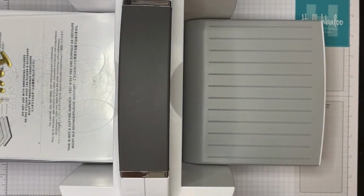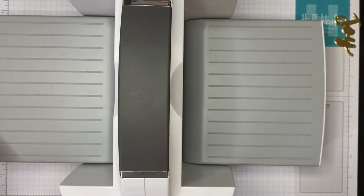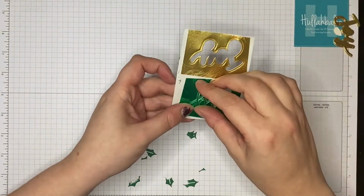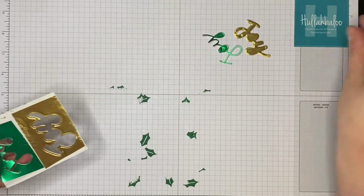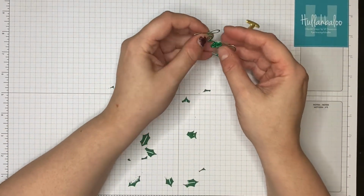Okay, so we'll take those off of there, pop my dies where I don't lose them. So as you can see, the joy is cut beautifully there. Pop these plates out of the way. And then I'm just going to be careful removing this joy as it's so thin. If I'm clumsy, then I will break it. Just going to pop these little bits out